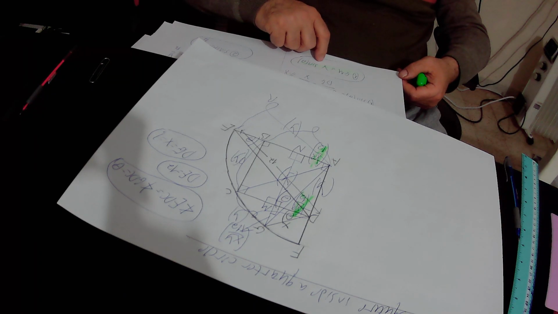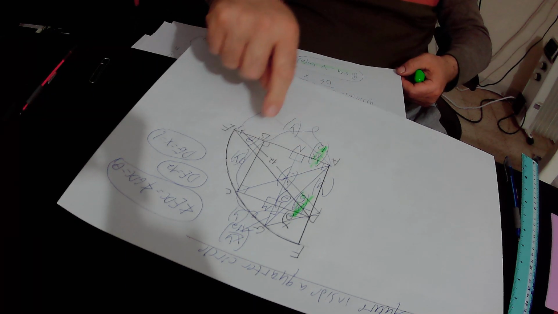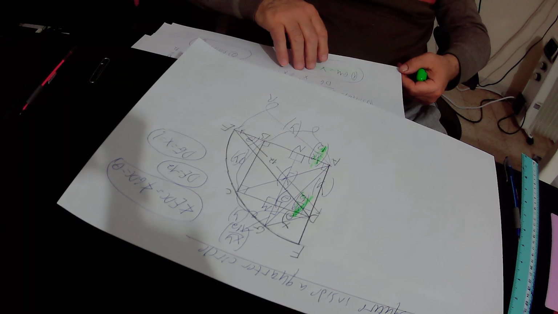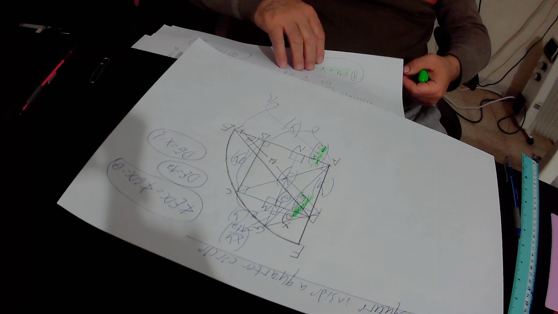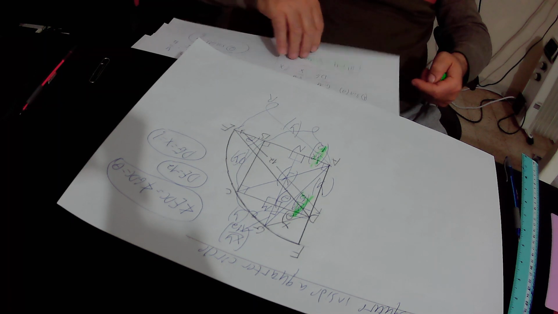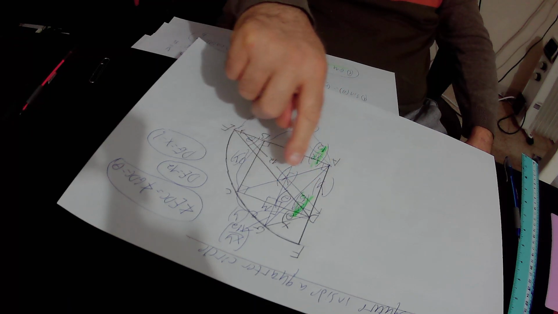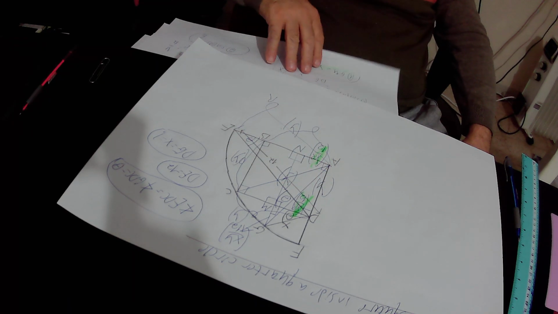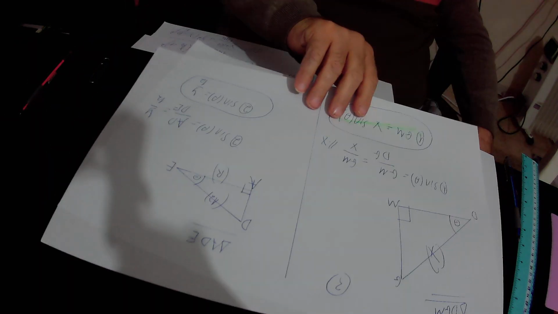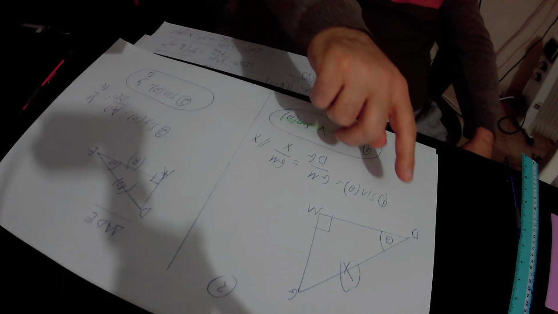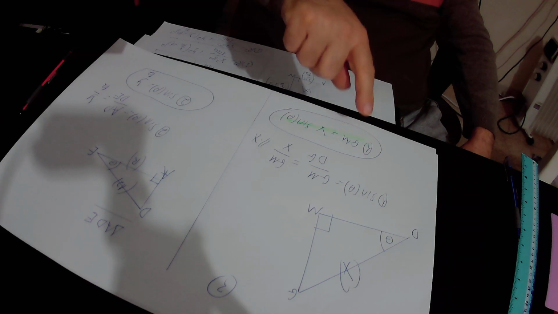In the next step, we focus on the right triangle ADE. So I copy the right triangle ADE in the new page, and we actually focus on the right triangle DGM. The right triangle DGM, so I copy the right triangle DGM here, and in this right triangle DGM, sinus theta